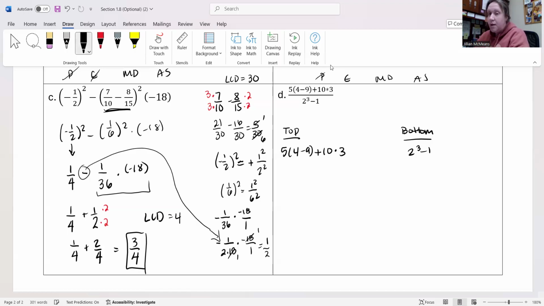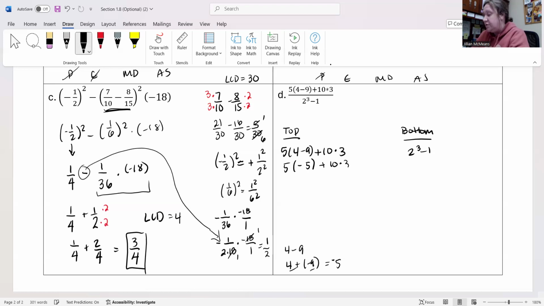And I have 4 minus 9. So if you need to, 4 minus 9 can be rewritten as addition. We take 4, and instead of subtracting positive 9, we add negative 9. So when you're adding two numbers that have different signs, you subtract their absolute values. So this becomes 5. And then we ask ourselves, did I have more positive or did I have more negative? I have 4 positives, but I have 9 negatives. So that makes this negative 5. So I get 5, and then those parentheses, that's just going to get replaced with negative 5, and then plus